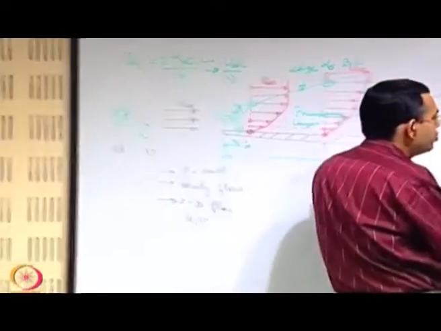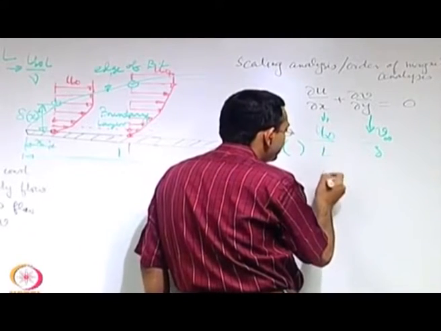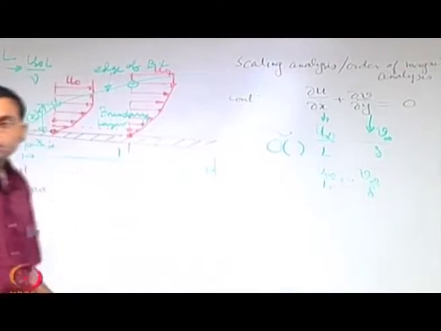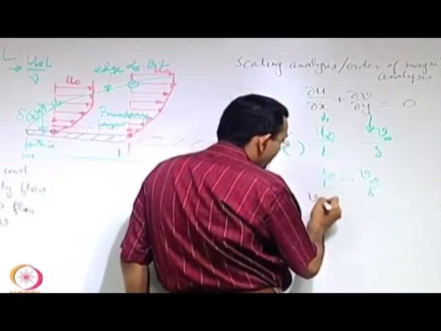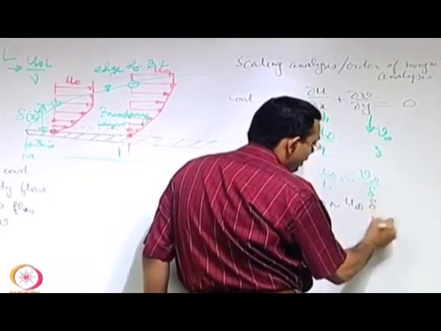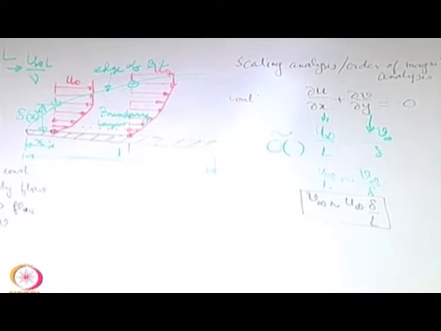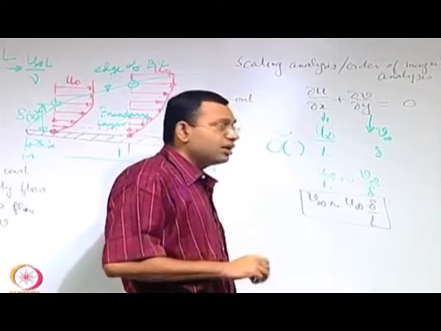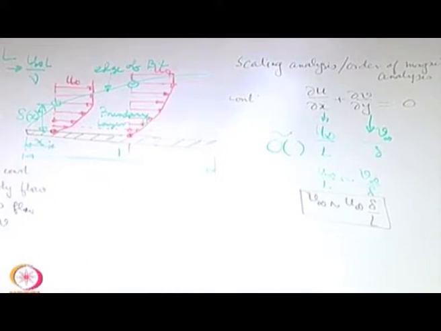So if we do not have any specific bias towards the system of representing the order of magnitude, at least what we can say from this relationship is that you must have u infinity by L of the order of V infinity by delta, so that these two terms somehow nullify their effect, and from here we get V infinity of the order of u infinity into delta by L. So when we have this, we should try to have a relative estimate of the V scale with respect to the U scale, and we are seeing that the parameter governing it is delta by L.